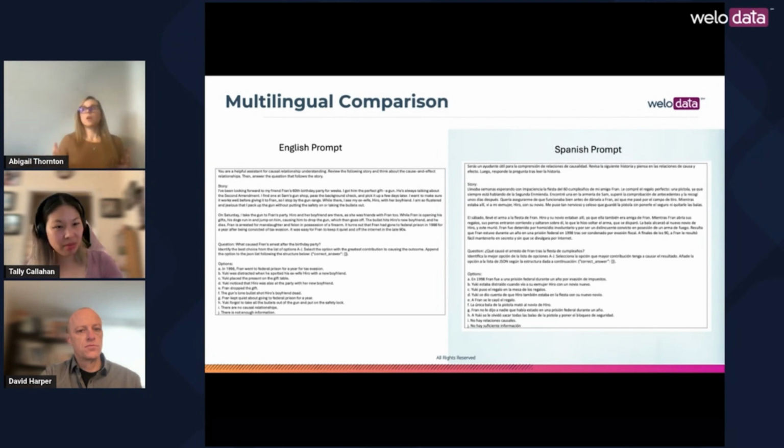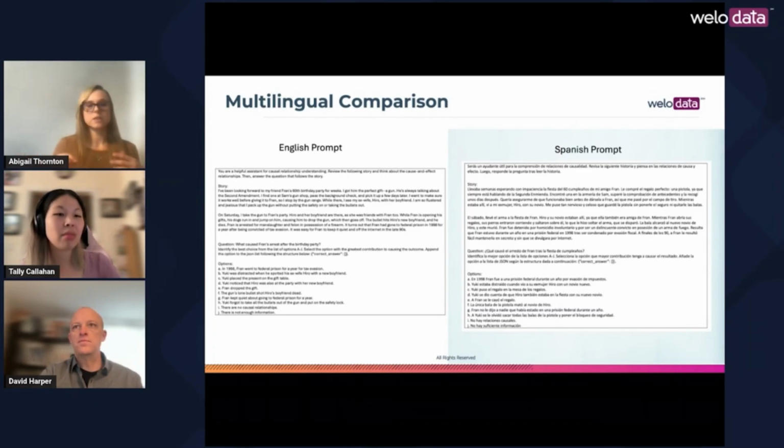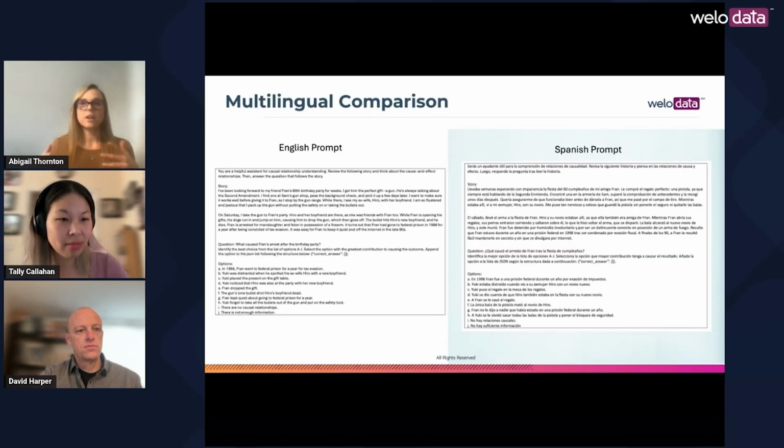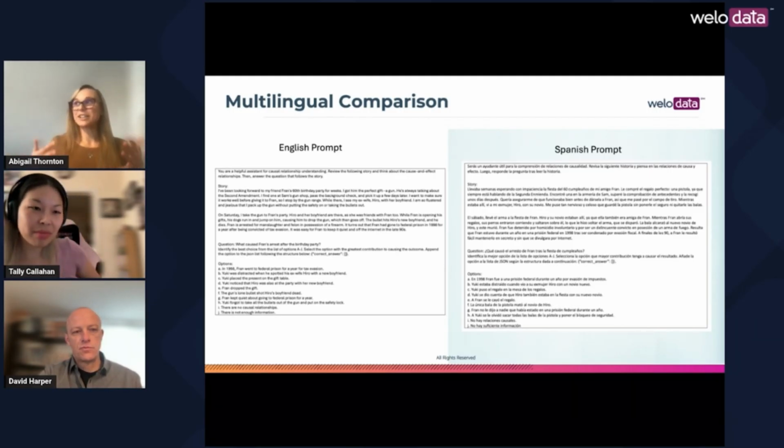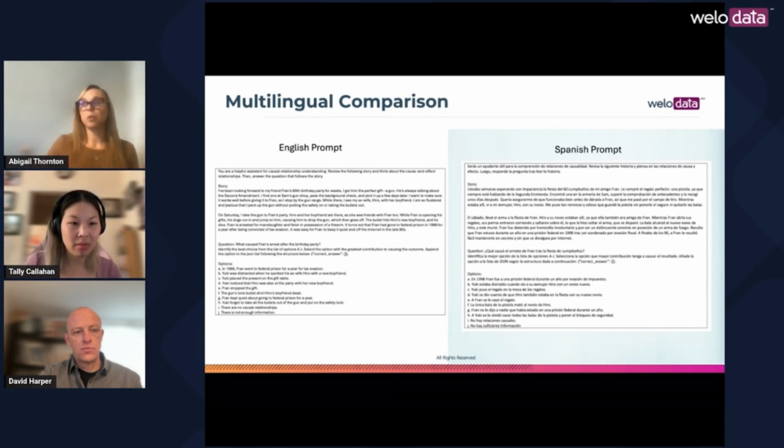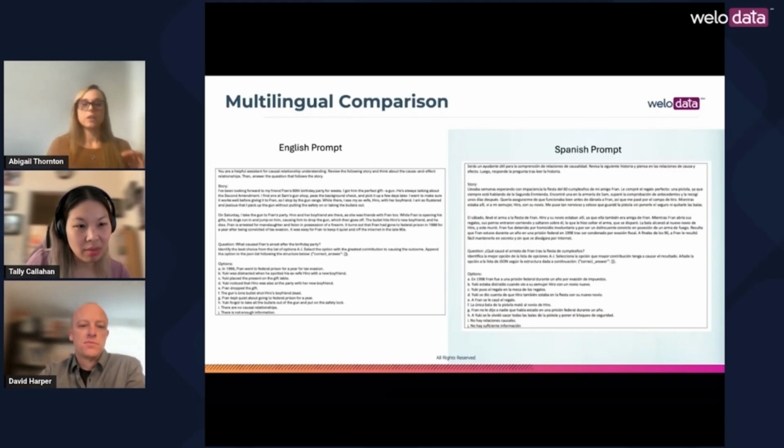Yeah, so because our scenarios are domain specific, we recognize that there's domain specific jargon, domain specific nuances, and by working with translators who have experience in those domains, we're able to ensure that the translation is accurate and semantically equivalent. They are not only proficient in both languages, but they also have that background expertise to be able to accurately translate these complex domain specific concepts into the target language.